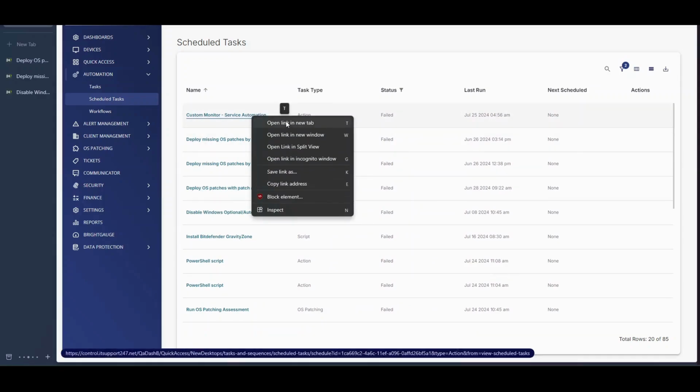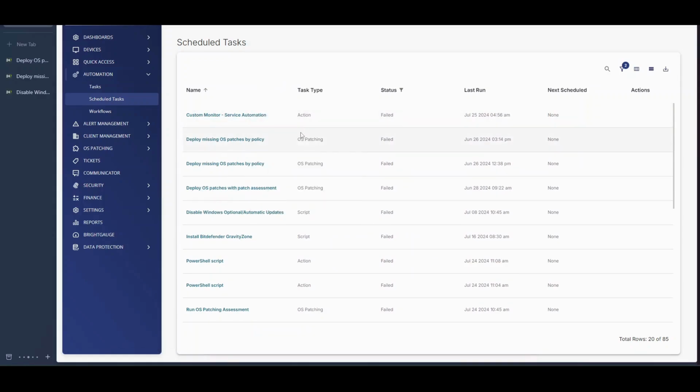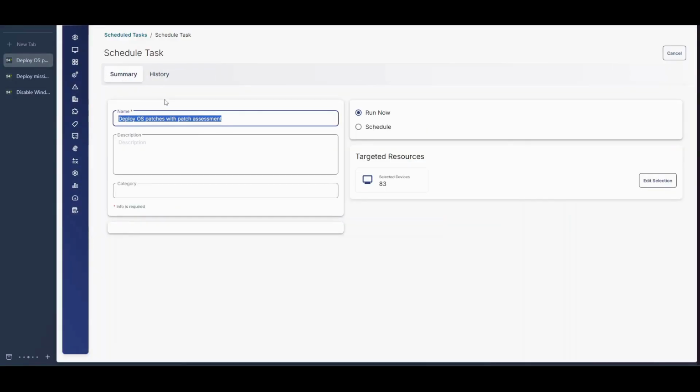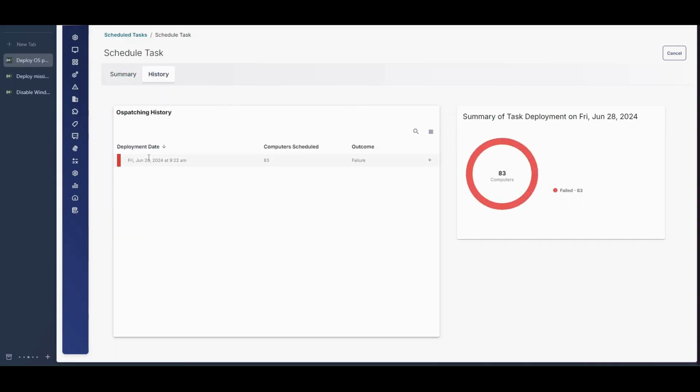I usually do it into a new tab to make it easier so I don't have to jump around between screens going back and forth. So I've already opened some of these on other tabs over here. So for example, this summary here was this task, and it's scheduled as a run now one time. We can see that on the 28th of June we ran this, it showed failure and it ran on 83